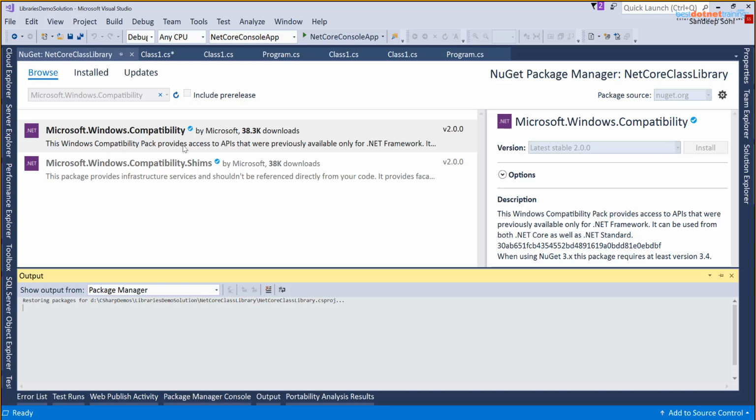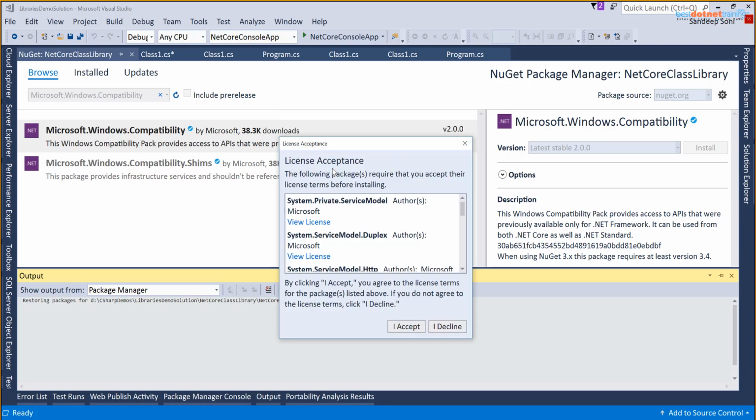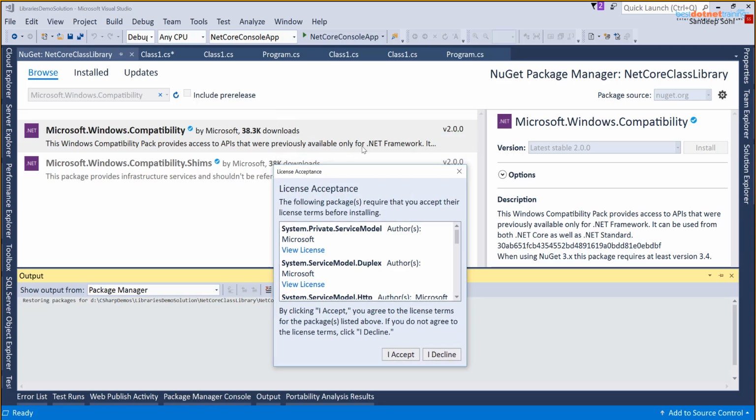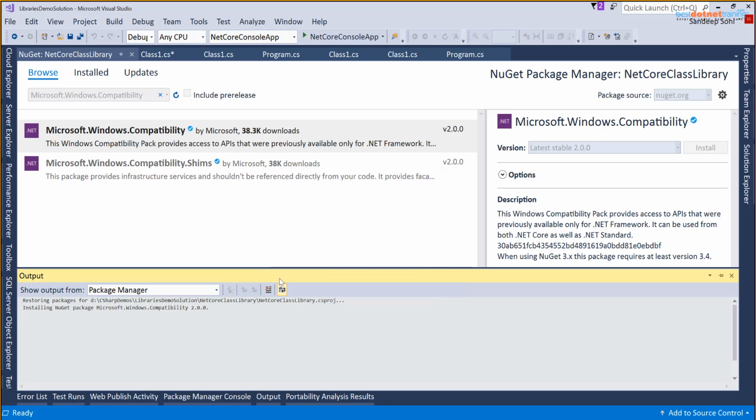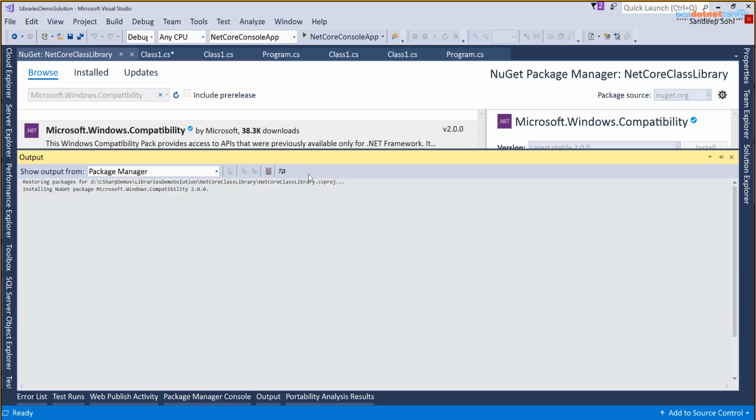The Windows Compatibility package provides access to APIs that were previously available only for .NET Framework. That's the advantage. It can be used from both .NET Core as well as .NET Standard. So I say accept, but the only problem is it adds a huge